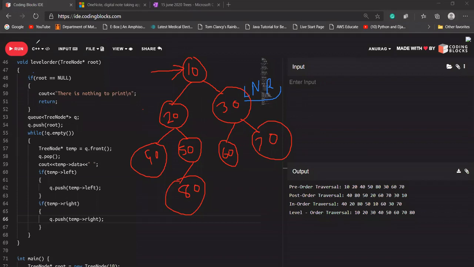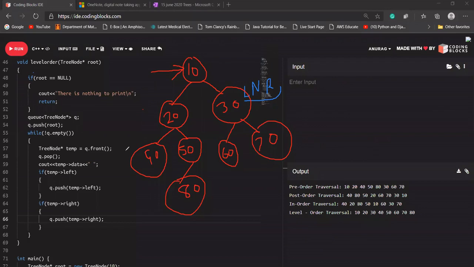Okay. So now the question comes: in the case of level order traversal, we are printing our levels 10, 20, 30, 40, 50, 60, 70, and 80. Now what I'm going to say is, print that data level-wise. Print 10 first, then in the next line print 20 and 30, in the next line print 40, 50, 60, 70, and in the next line print 80. Okay, is that question clear with everyone? Okay, the question is not clear.